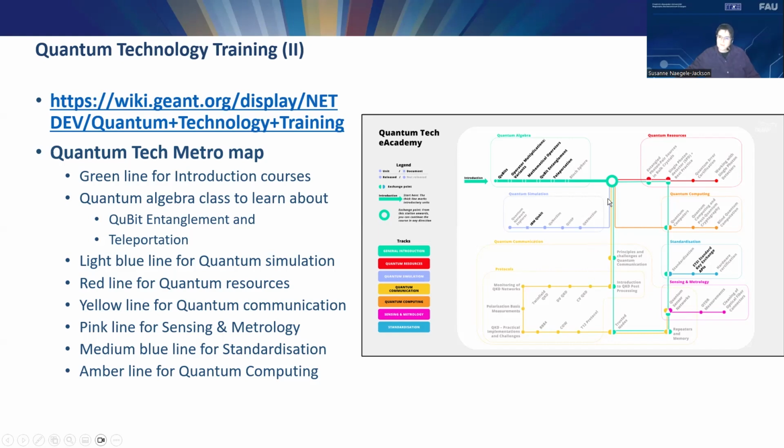We have a red line for quantum resources, an amber line for quantum computing. If you want to follow learning units about standardization, we have the medium blue line for you, and we have a pink line for quantum sensing and metrology at the moment.